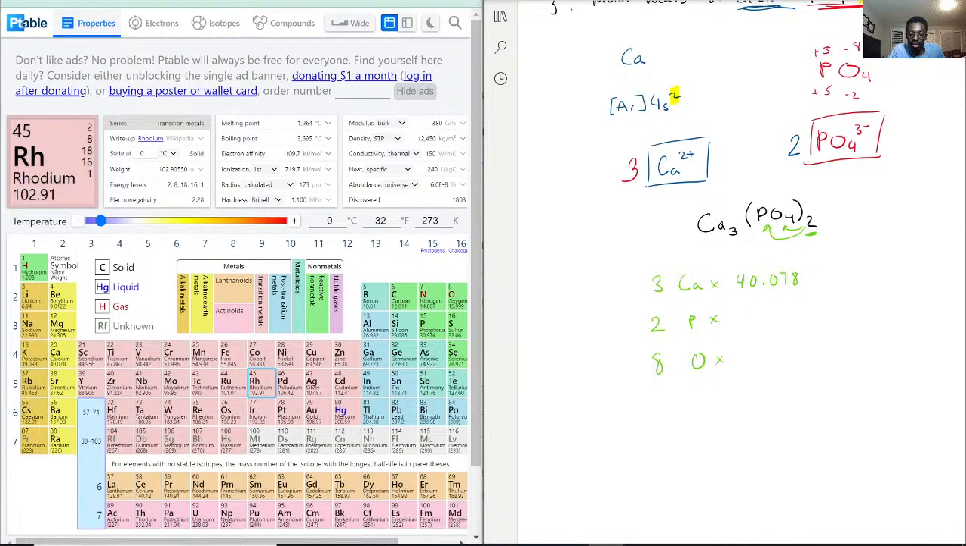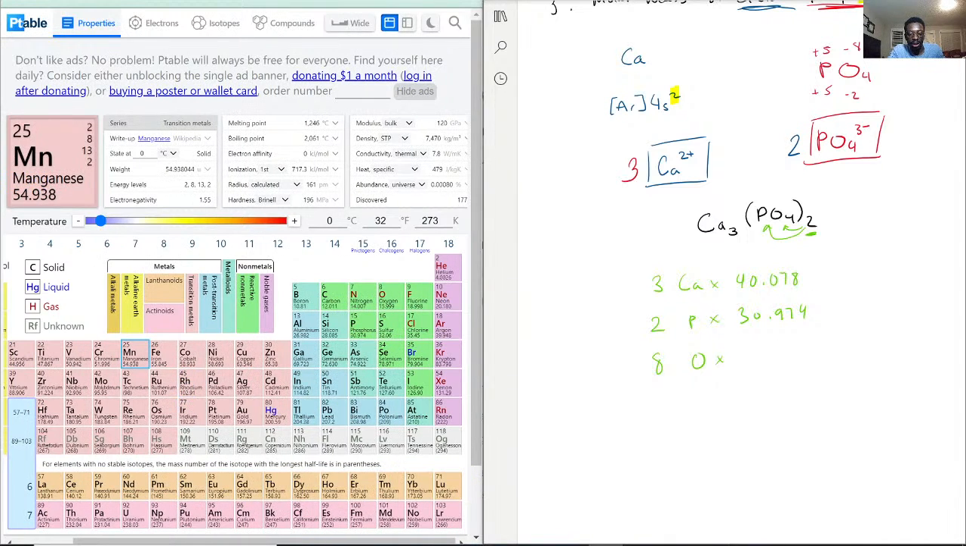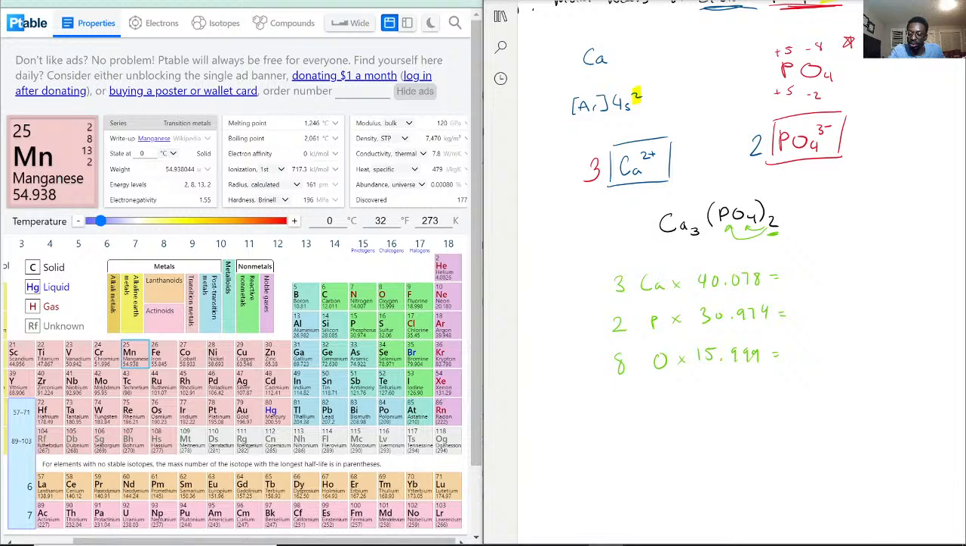Phosphorus is 30.974, and oxygen all the way over here is 15.999. So now we have to multiply those all together and then add them after. So 40.078 times 3 is 120.234, and then